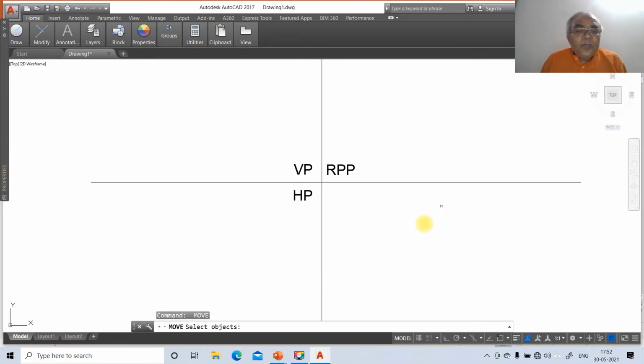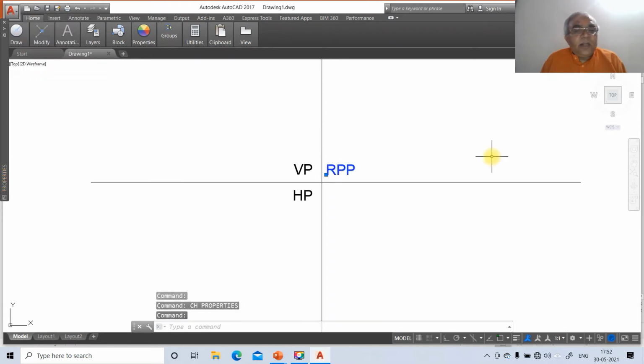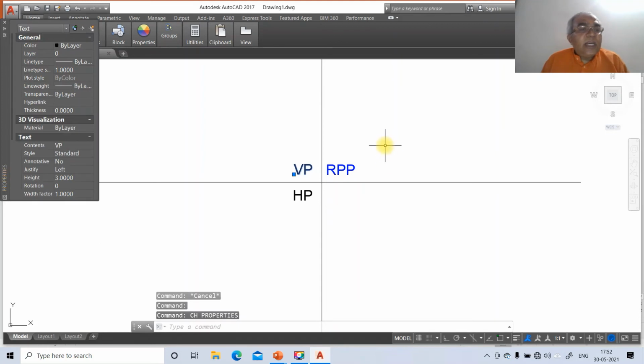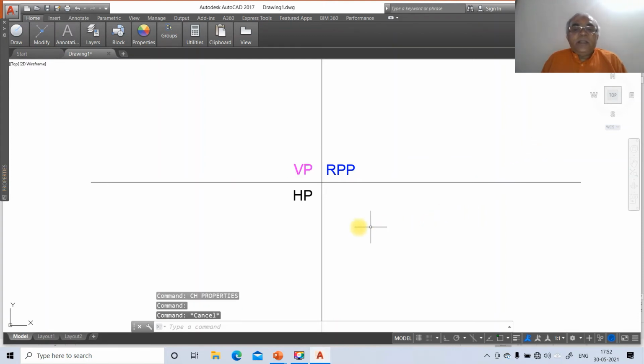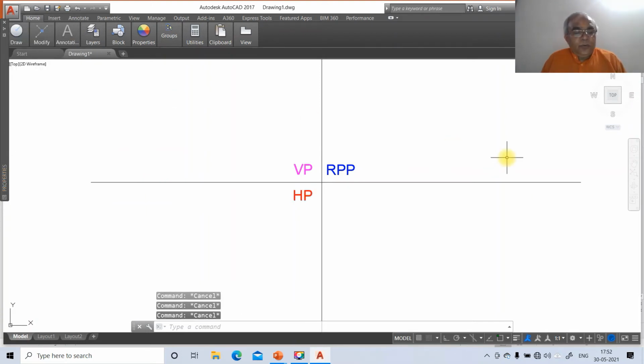Now you're going to change the layers. Select this, go to CH, go to layer, make that layer side view, click on this and escape. Similarly click on this, go to CH, vertical plane; the vertical plane will always be front view, so click on this VP. Then for HP, go to CH, go to layer; HP is always top view, so select top view. So this is how you are going to get this.